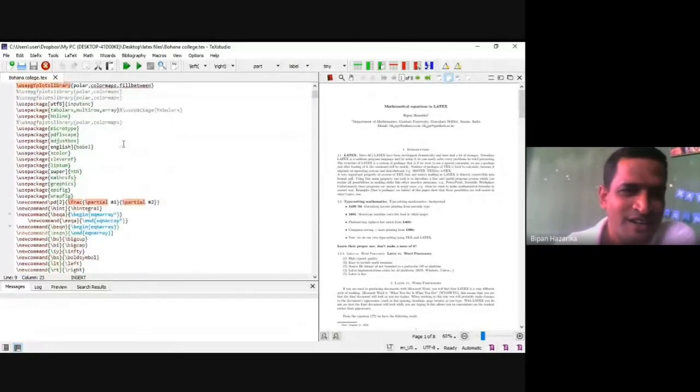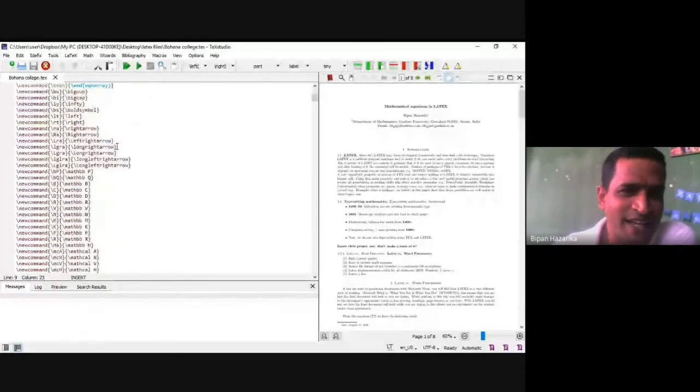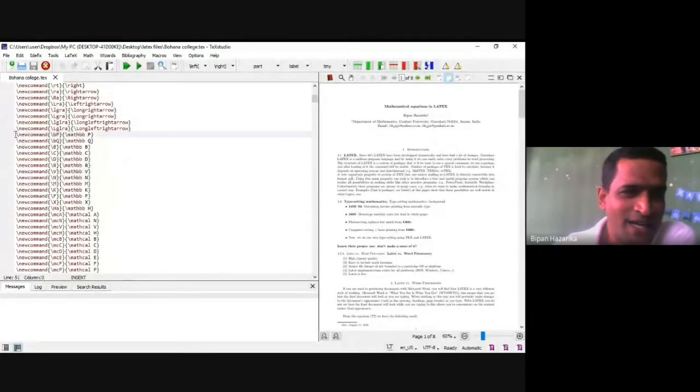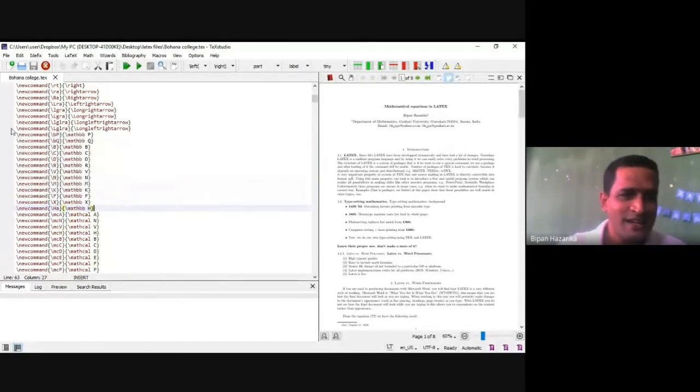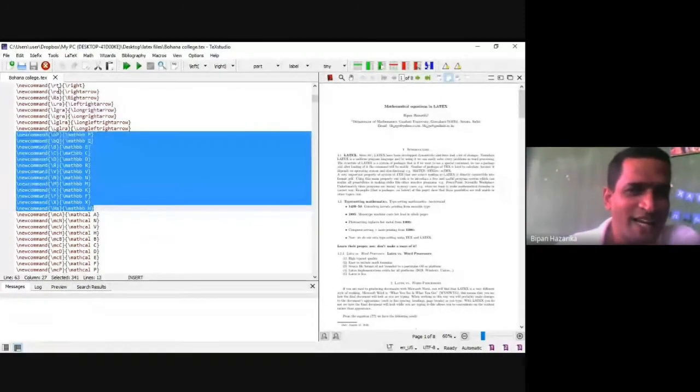Okay, so I explained, see, these are the commands I have highlighted and want to share with you. I write \mathbb{P}, that means math bold font.